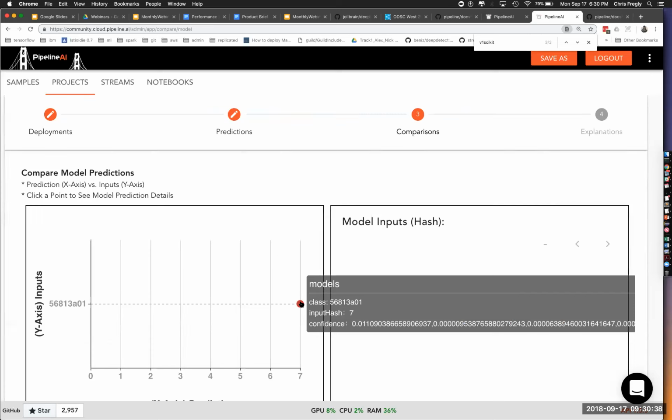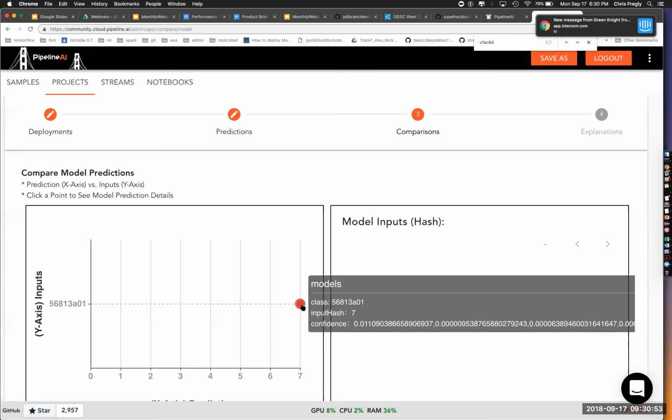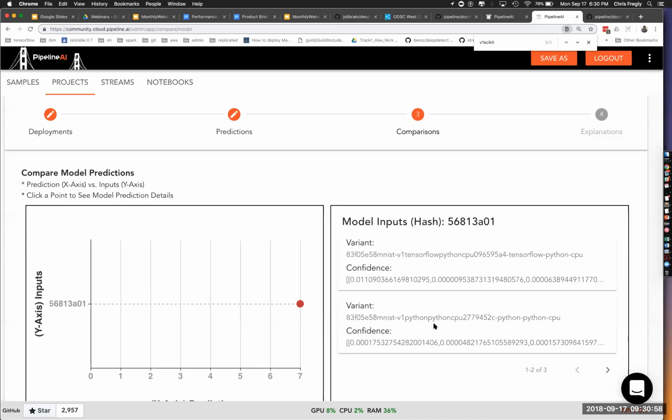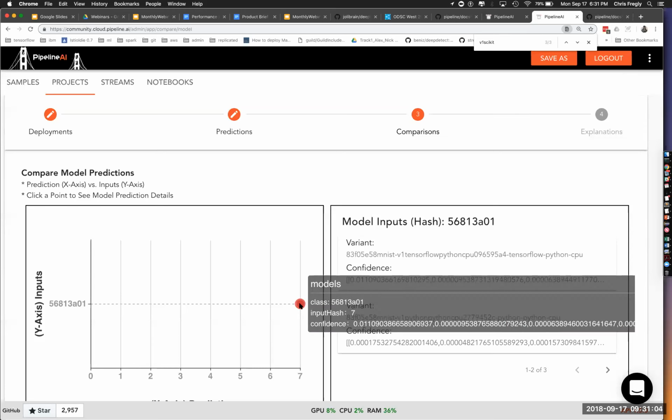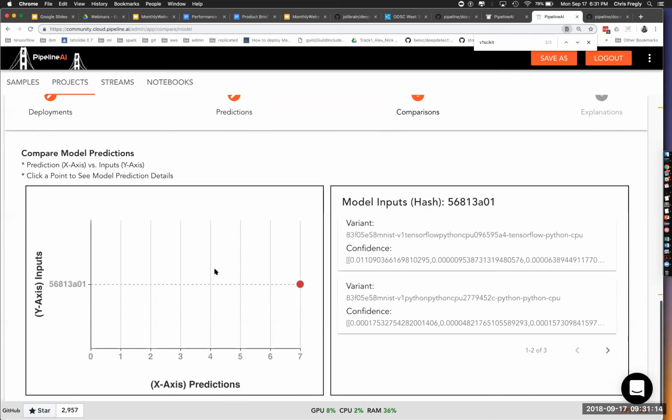one input that I'm loading up. So in the background I've got a curl command that's just pounding this cluster. So this is actually comparing for the same input. This is a single image right now that's coming in, and we just hash it for the sake of grouping. What we want to do though is show the actual confidence across all those different models. And so here's TensorFlow, here's Python, and we're grouping these. And if there were any outliers, so let's say one of these variants shows up as 5, 4, we can actually drill in and figure out which variants are showing that.